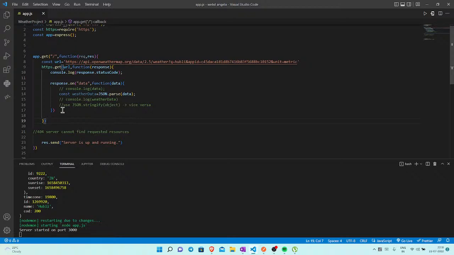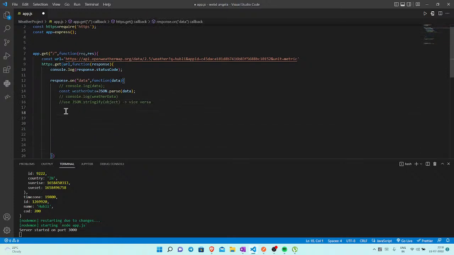Now, let me delete all of that, and I want to be able to use my weather data to pull out specific pieces of information from it, like the temperature or the description or an icon that I can use to display in my website. So how do I do this? How do I get this